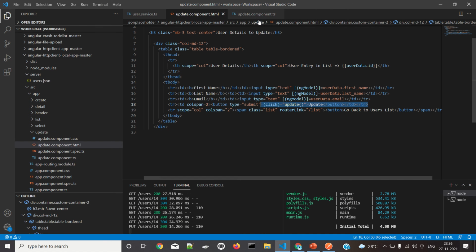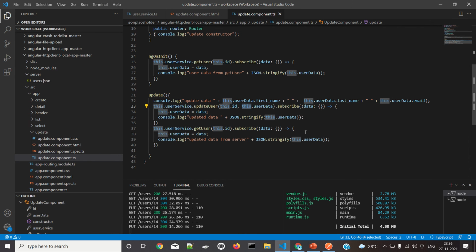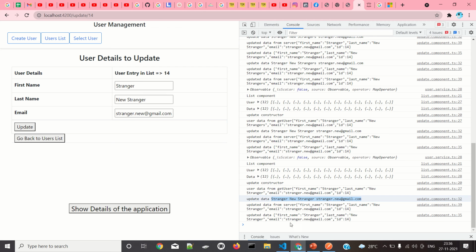Once it is done, I have another method, another get user method. This is for clarification purposes. Once it is done, I will get the user of this id, and this data I am printing here. This is the data from when adding. This is the data which is coming now. Both should be the same.